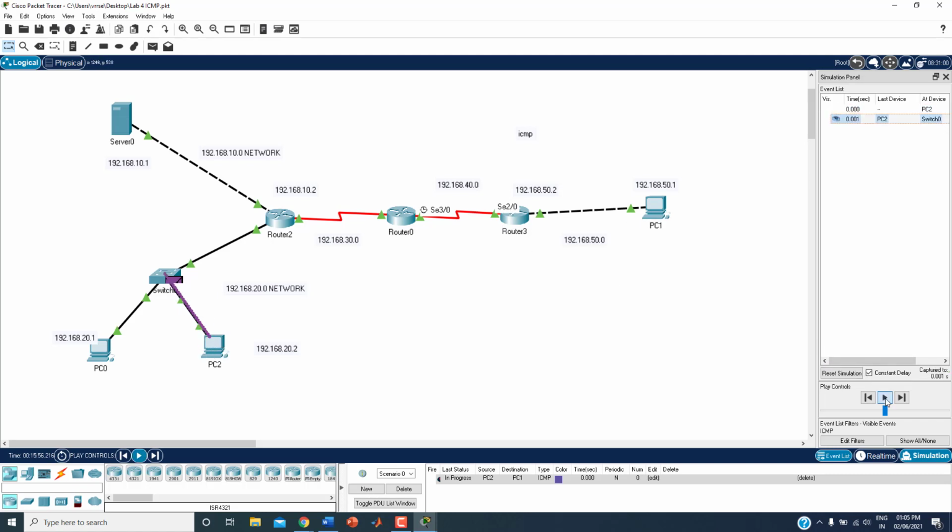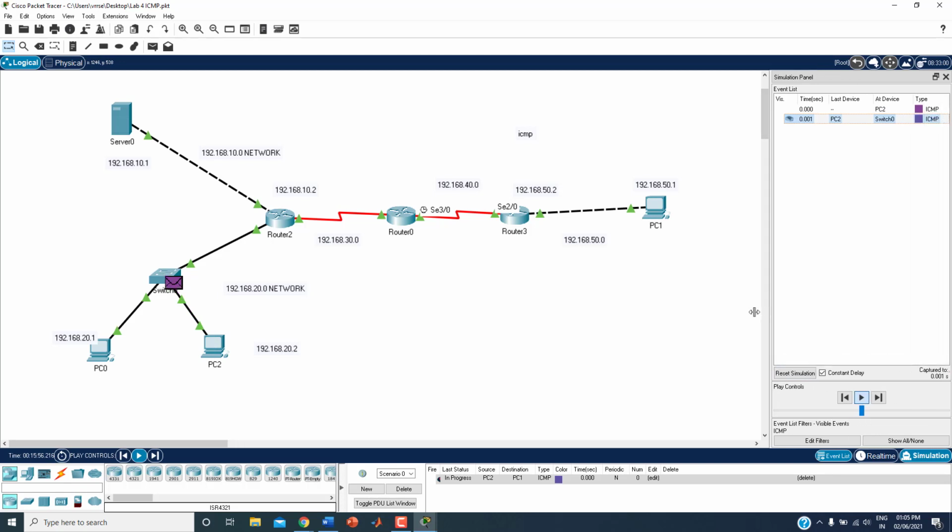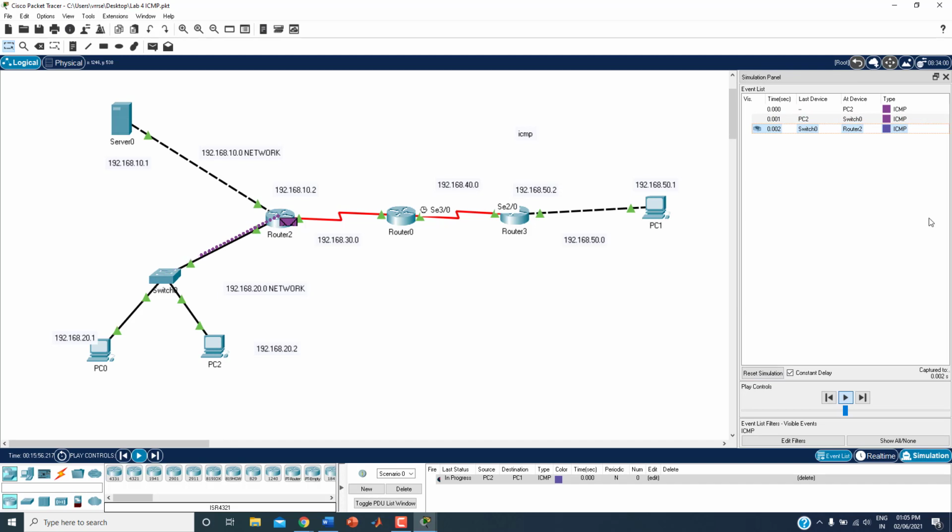You can see, this is the ICMP echo request packet. Generally 4 packets will be sent, but here in the simulator you are seeing only 1 packet. It will be like 4 packets, and you have to get 4 replies.